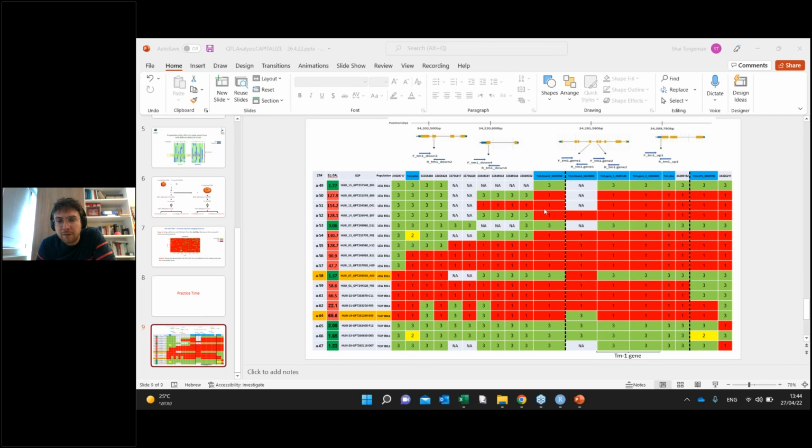Hi, Shai. Very nice overview of the things, and a very practical one, I must say. I'm just curious about the last slide with A62 and A64. Can you explain the genotype of these two? I mean, obviously you have islands of 3 within 1. How can you explain such a genotype? I mean, A62